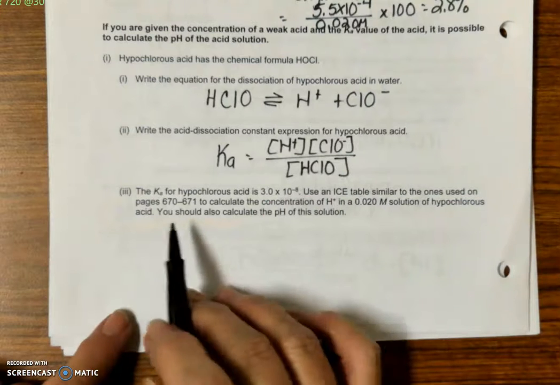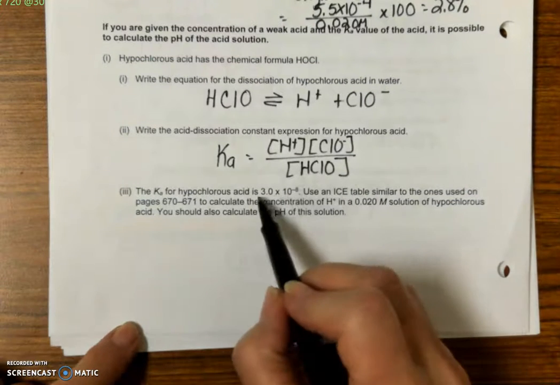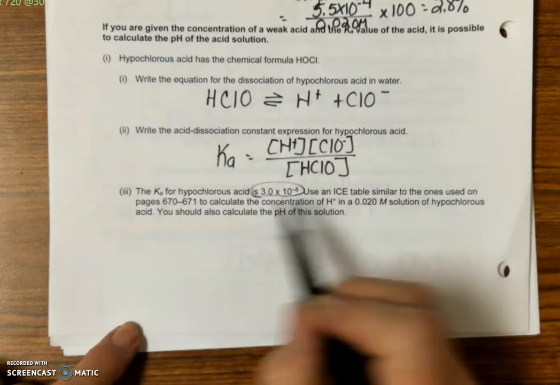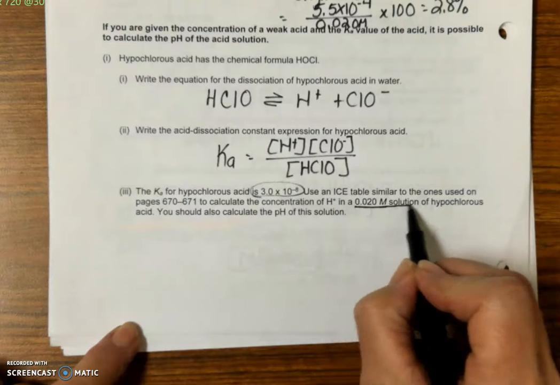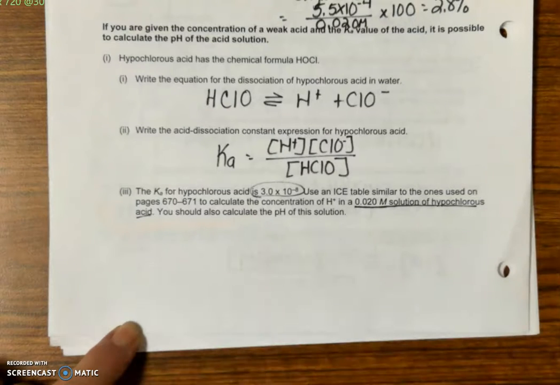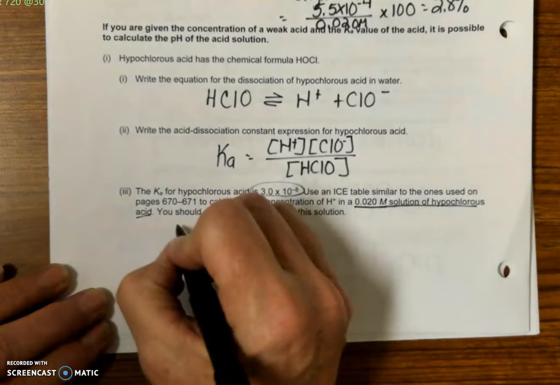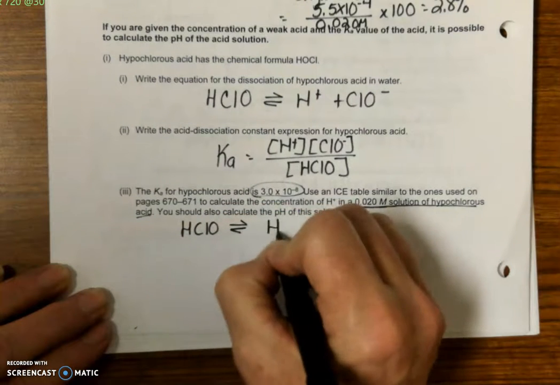Now, the Ka for hypochlorous acid is small. There it is, right? So we're going to use an ICE table to calculate the concentration in this molarity of hypochlorous acid. So I've got my initial acid concentration, I've got my Ka, I just need to solve for hydrogen ion concentration. So let's set this up. ICE,